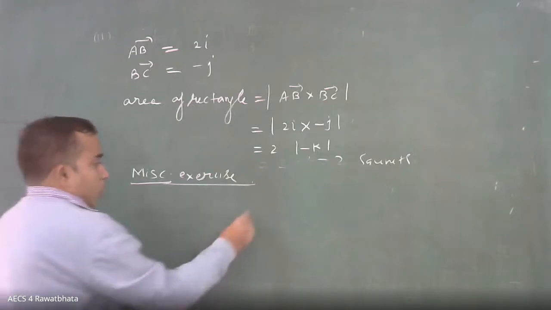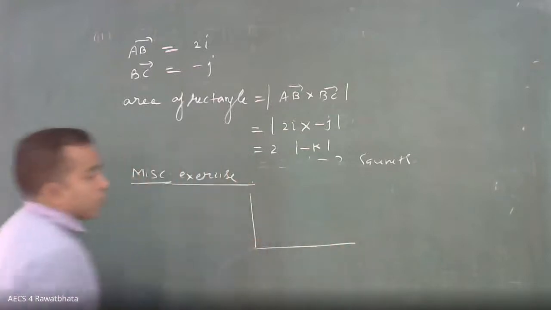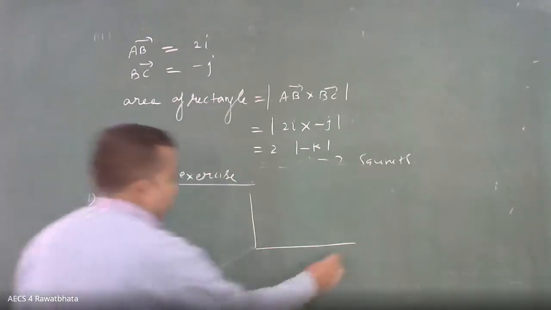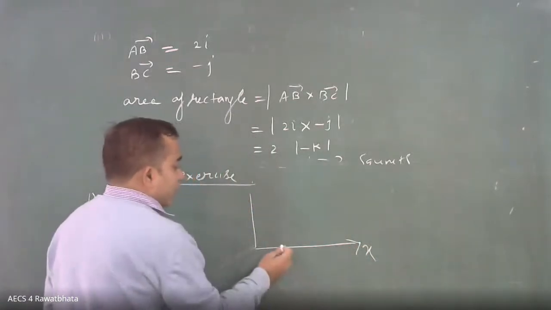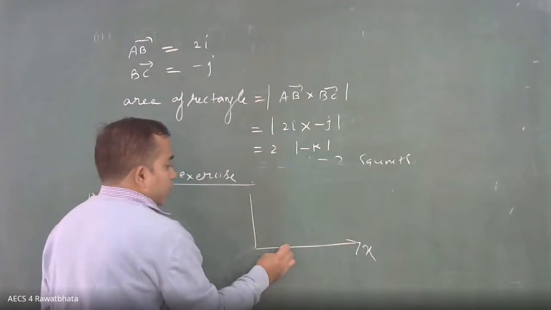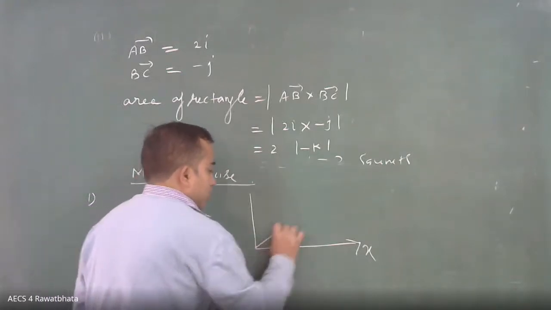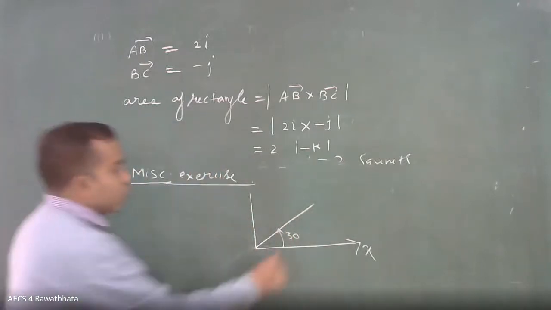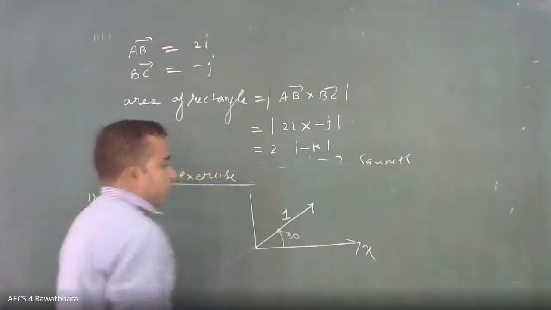So this is the xy plane, and we have to draw a unit vector which makes 30 degrees with the positive direction of x-axis. This is the positive direction of x-axis. And angles are always measured in the anticlockwise direction. 30 degrees, this is 30 degrees, and this is the vector. And I have to write this vector, and it is given that this is the unit vector. Unit vector means its magnitude is 1.